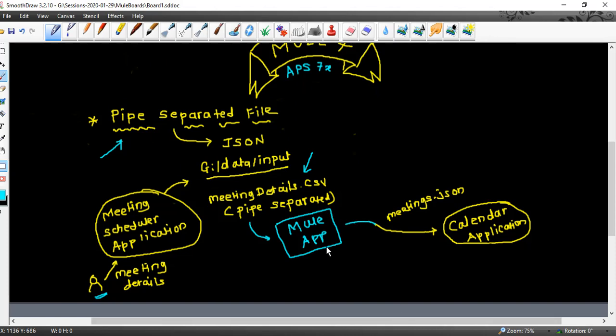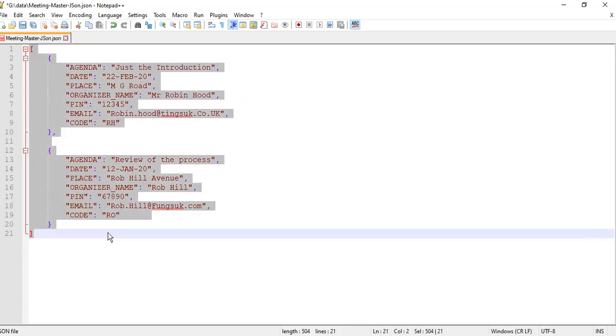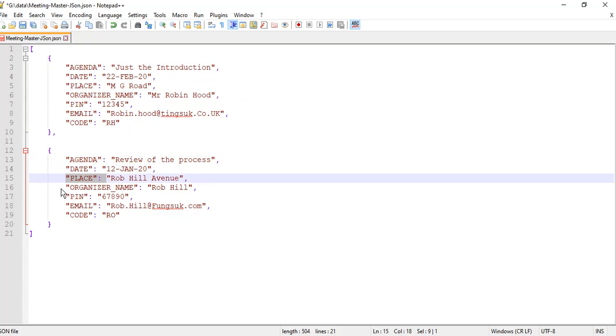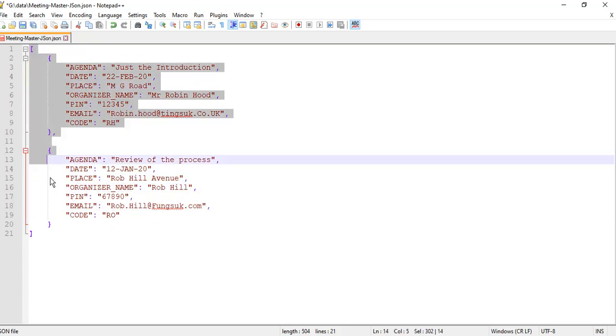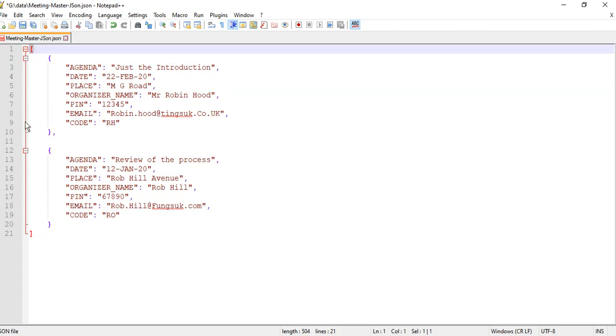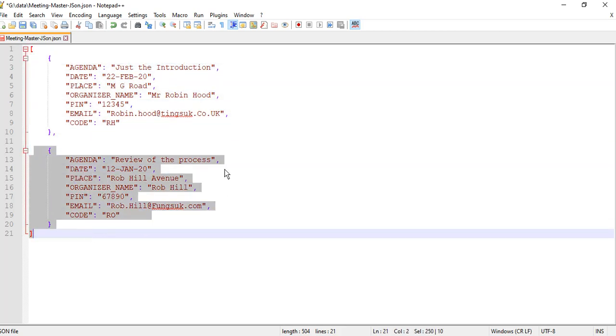So I can show you the JSON file. This is the sample JSON file which I'm going to use. The column names, the keys, are exactly the same as in the pipe separated file. Note here it is a JSON array, so it is enclosed in square brackets. It is a JSON array basically because it will contain multiple entries. So this sample file I have created. So fine, let me just get into the scenario now.